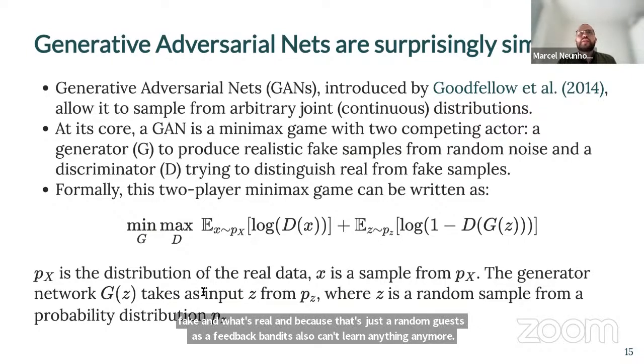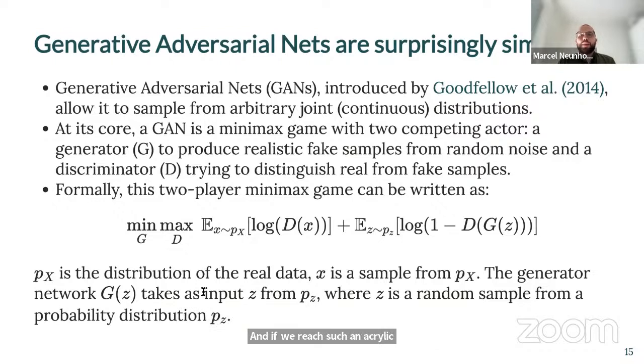And if we reach such an equilibrium, that basically means that the bandits produce fake money from the universe of real money, right? So they sample fake data from the true underlying data distribution, and therefore it is impossible for the police to know. Unfortunately, this nice theoretical insight that in this equilibrium the generator, the group of bandits, will